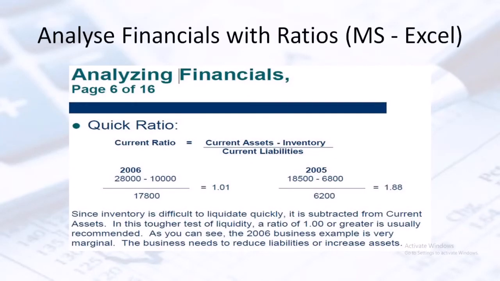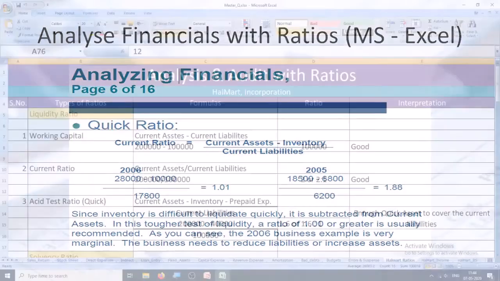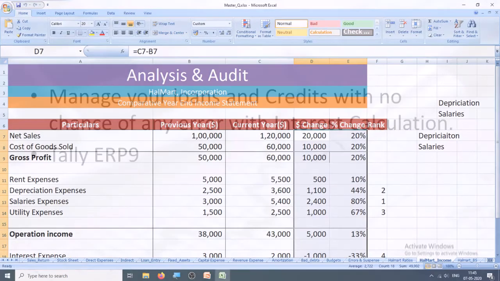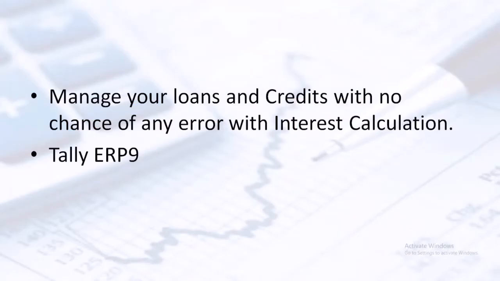After we are done with creating our own spiderweb book of accounts, we'll be analyzing and auditing our own financial statements and comparing them with the industry standards. We'll be using ratios and various trend analysis to compute all those analyses and audits. We'll be able to manage our loan accounts and create our own interest calculations. And the most important question is, how will we execute all this?